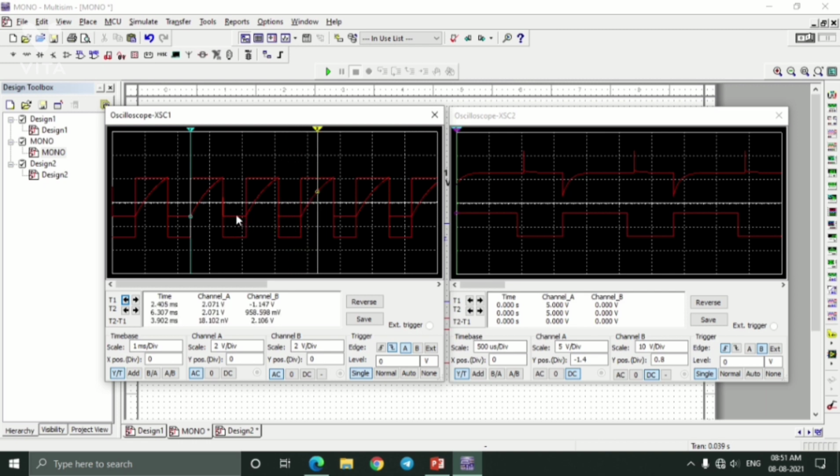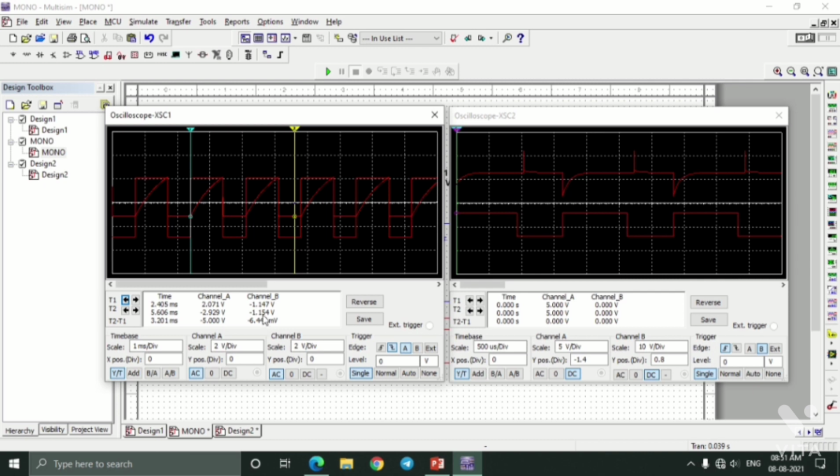Now since this is 1 by 3 times of VCC, keep the value over here on channel B. This represents the 1 by 3 times of VCC hold. So go to tracer 2 and go over here. You can see minus 1.154 volts.